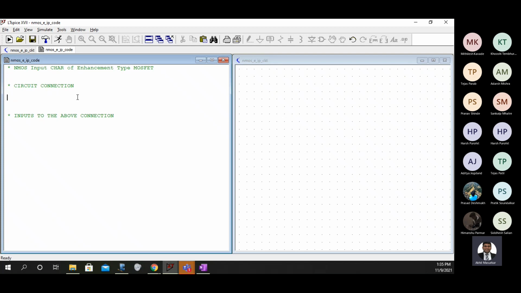So we can write VDS is connected between node 1 and 0, and the DC value of that, with respect to ground, is 0. Similarly, I'll write VGS is connected between node 2 and 0, and the DC value is 0.